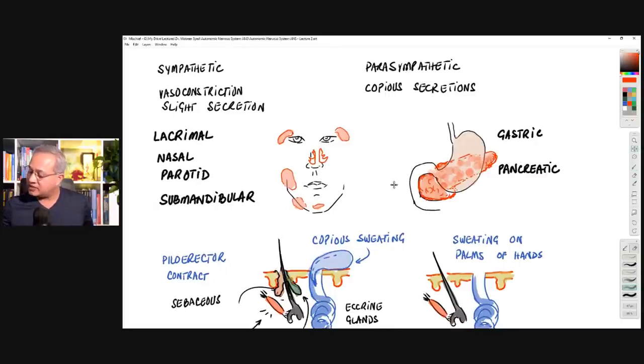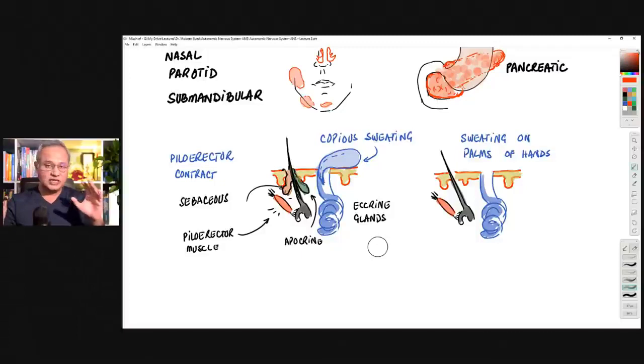Now, how about the sweat glands? How about the skin? So, skin has a very interesting behavior. Once again, let's keep one thought in our mind. In the case of the sympathetic system, we are running away. We want all of our energy to go to muscles and brain. We want nothing else to function at a higher level. We want the brain to function fast, and we want the muscles to function fast. So you would see that our body is going to try to stop or reduce other functions so that it can direct energy towards the muscles and brain.